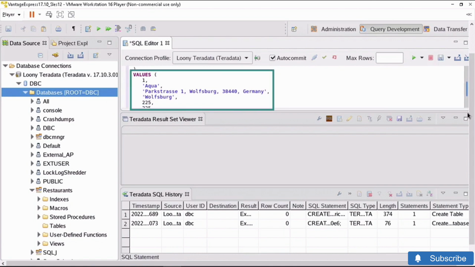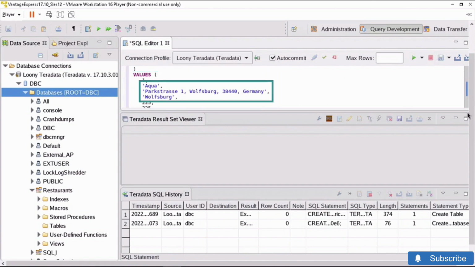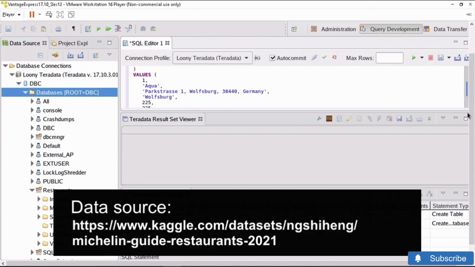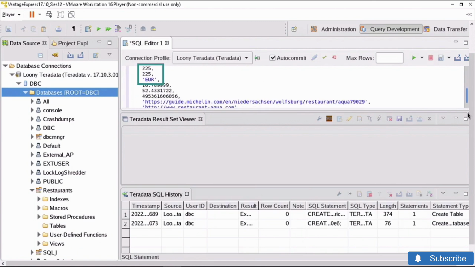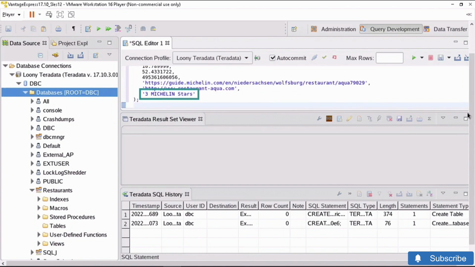We then close parentheses and specify the values following the values keyword. You'll observe that I'm adding the entry for a restaurant called Aqua, which is located in the city of Wolfsburg in Germany. The data we're about to add to this table is included in the course materials and can also be downloaded from this location on kaggle.com. Scrolling along, you can see that a meal at this restaurant costs 225 euros, which is certainly a hefty amount, but from the last column you can gather that it has been awarded 3 Michelin stars,